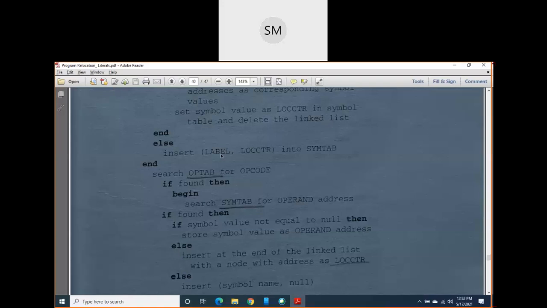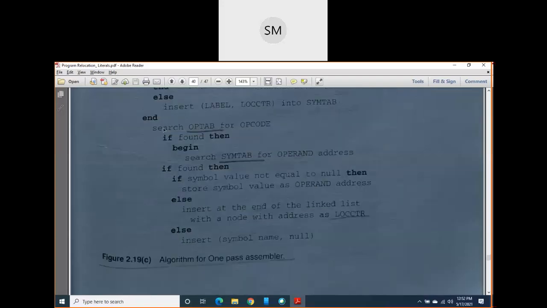Now you come to know that the symbol is defined, so you should insert that symbol into your symbol table along with the location counter. That location counter is nothing but the value column of that symbol table. You have already inserted the label or symbol, then you should insert its value also into the symbol table, and end.